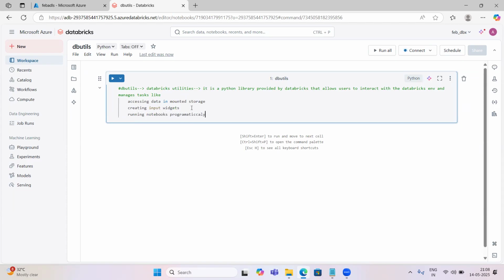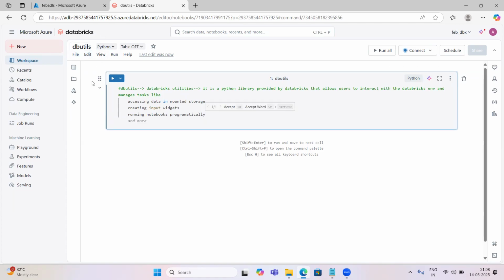programmatically. Let's think this is notebook one, and we have created notebook two also. From notebook two, we can run notebook one. We can import notebook one into notebook two and run it there. So we can run notebooks programmatically, and also accessing secrets,